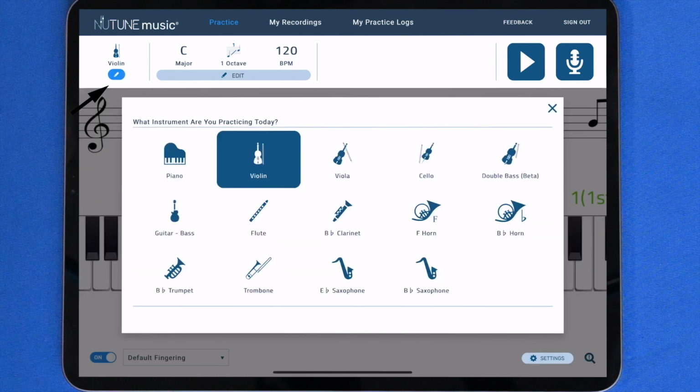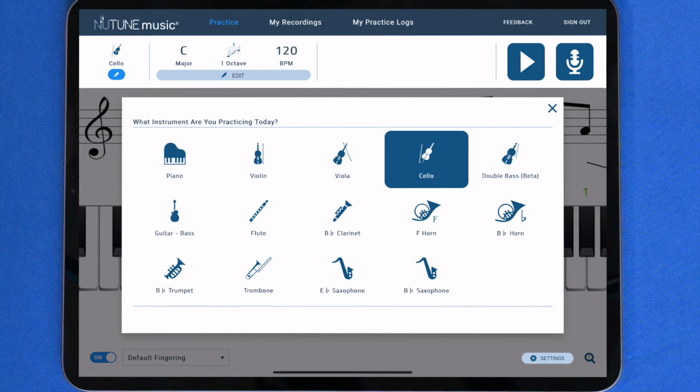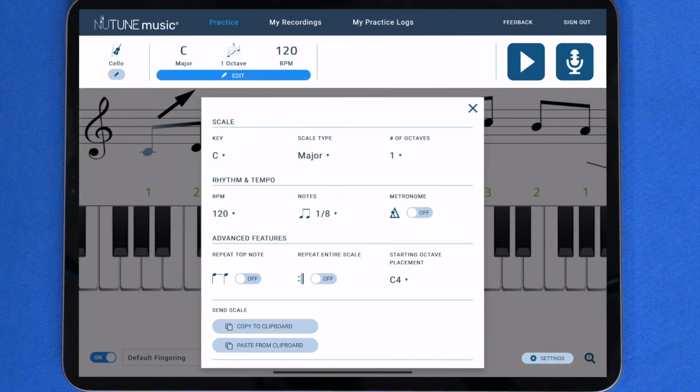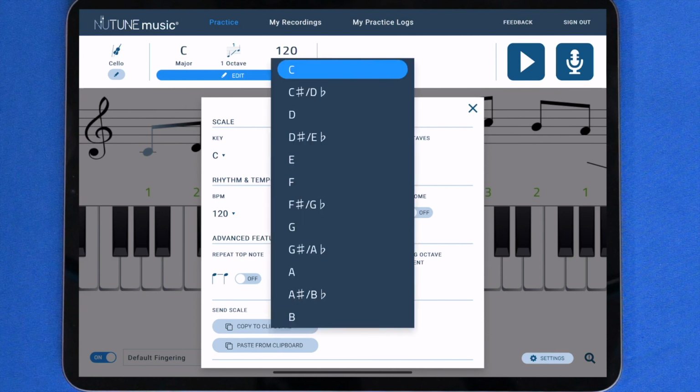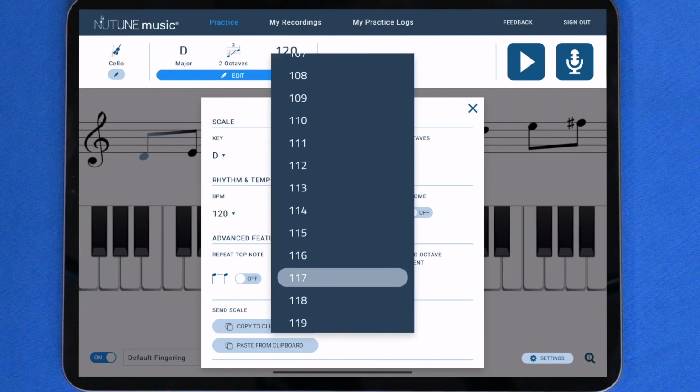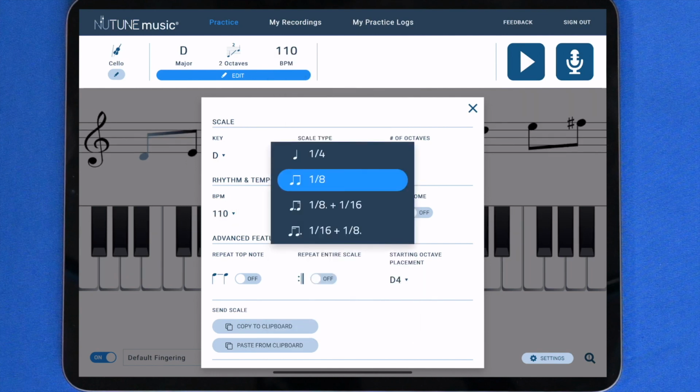First, select the instrument type. In this example, let's use the cello. Then use the Edit button to specify the exact scale you want your students to practice. For this example, let's use a D major 2-octave scale at 110 beats per minute using quarter notes and repeating